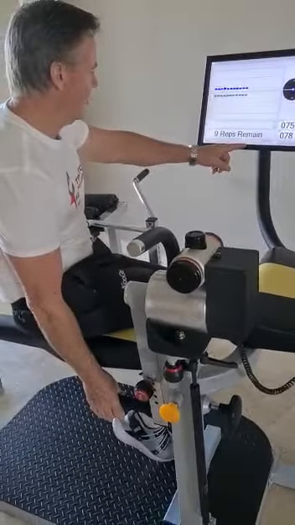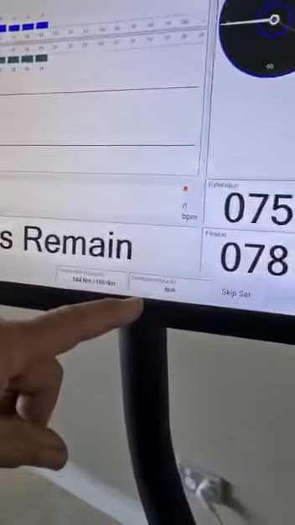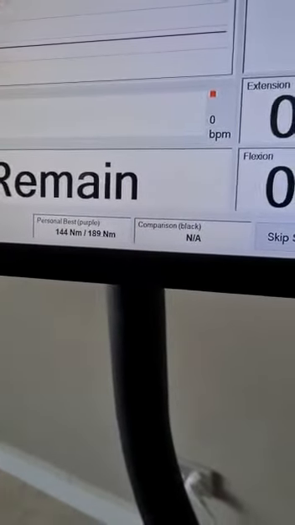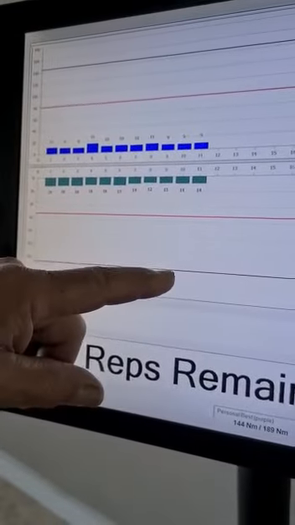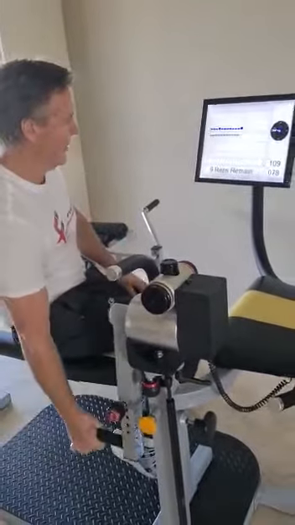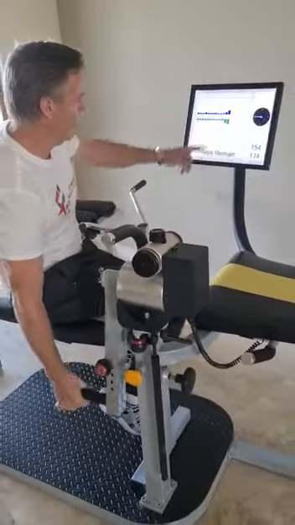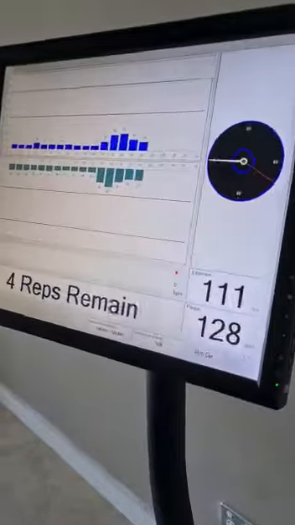The screen shows the previous best, and can compare against other athletes or other users if we desire. These lines here are target settings, the red line, and the purple line is the previous PB that's been achieved. So this is what the screen shows. If I increase the speed, notice how the bar graphs increase. So this will measure fatigue, power, force, strength,